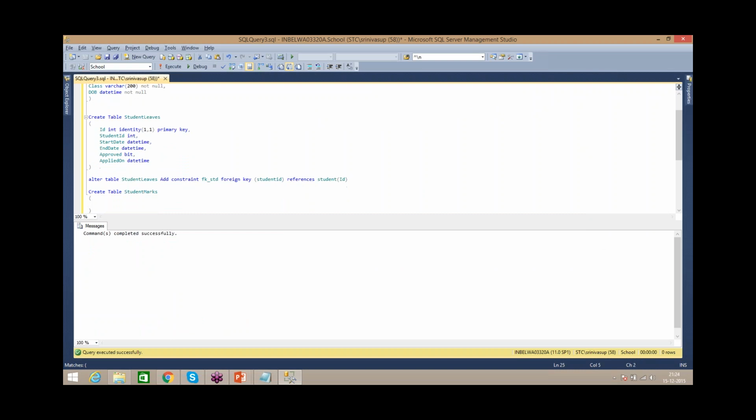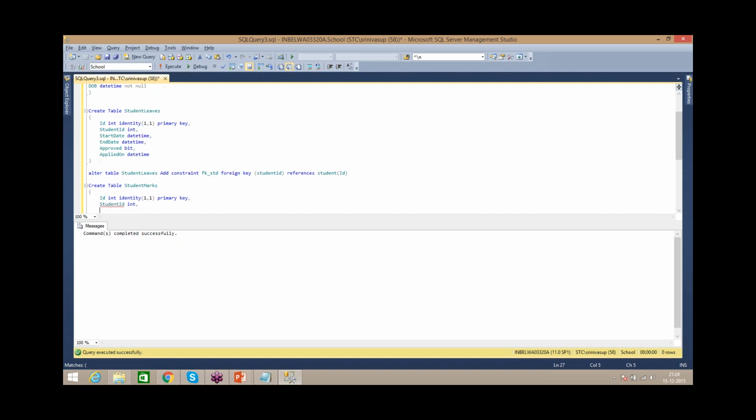Okay, now here again id. For any table I will use the same naming convention, the id. Okay, and again primary key, and then again student id. Because these marks relate to which student, that's what I want to know. So that's why I am keeping that student id int, and then